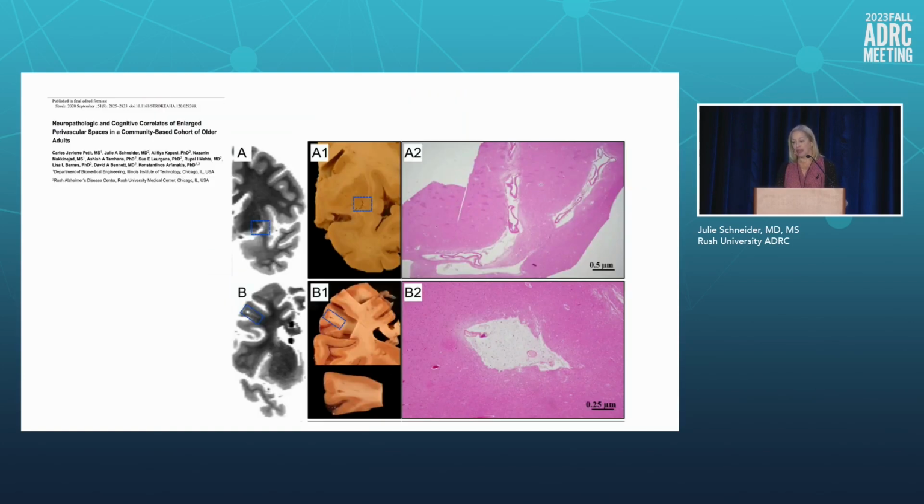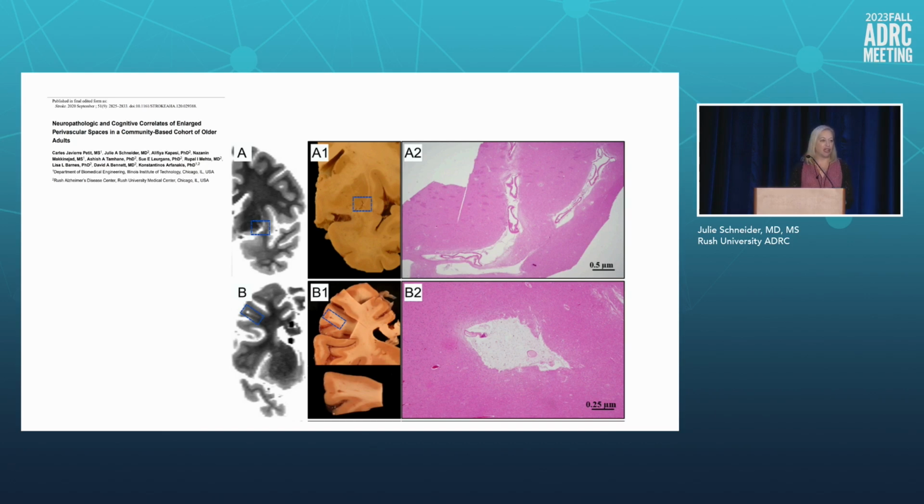Enlarged perivascular spaces, again, that's something that can be seen on imaging. We see it more probably than the imagers do. Maybe not, I don't know the exact prevalence. But you can see here what we did is we had ex vivo images of enlarged perivascular spaces and said,